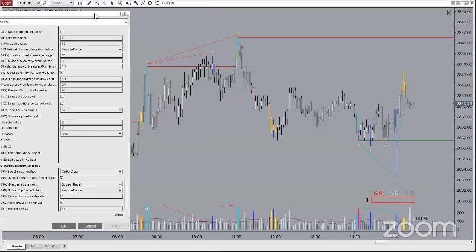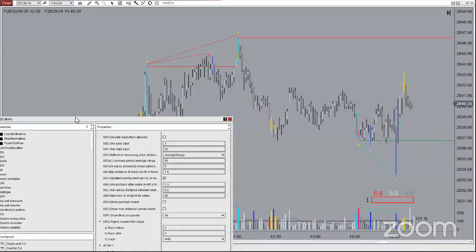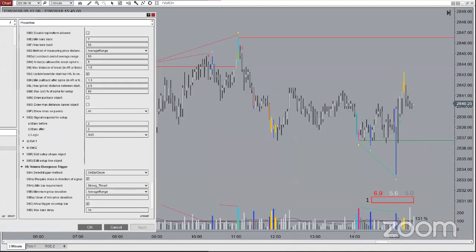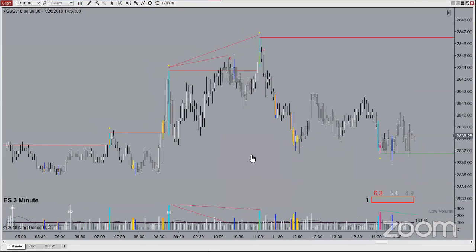Which is 3.12. 3.12, I believe, although mine is saying 1.1. He may not have changed the version number, but 3.11 went up a couple of days ago, day before yesterday. So this has fixed some of the issues that I found with the volume divergence that you guys probably wouldn't have seen. And the other main issue with the drawing was, if you'll notice,